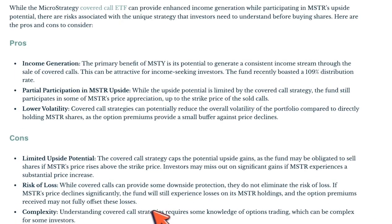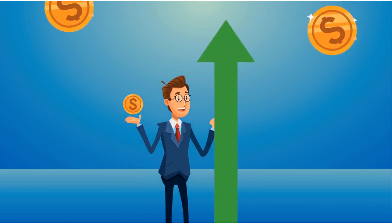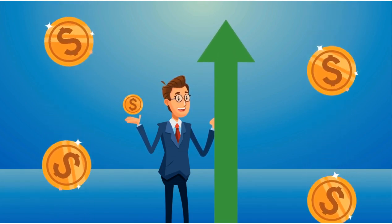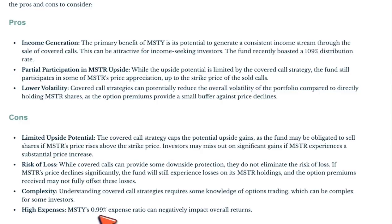Complexity. Understanding a covered call strategy requires some knowledge of option trading, which can be complex for some investors. High expenses. MSTY's 0.99% expense ratio can negatively impact overall return. Of course, these ETFs have higher expense ratios, but compared to how much you're making, MSTY right now pays, I think, on average over 100%, or even if it's 80%. So if you're paying 1% from your portfolio that is making 80% annual yield, you'll still be able to pay that